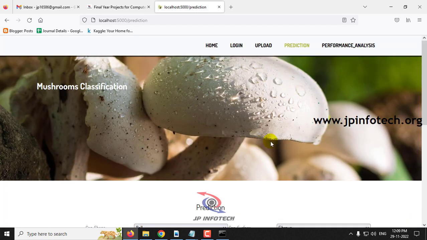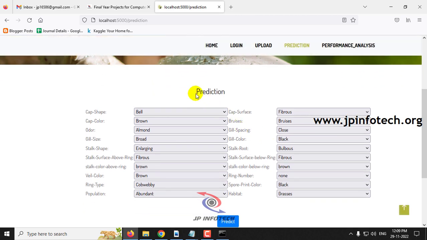So now it will navigate to the prediction part, where you need to enter the test cases to find the prediction result, whether it is an edible or poisonous mushroom. So let me show you with a few cases. First let me enter the cap shape as convex, cap surface as fibrous, cap color is brown,